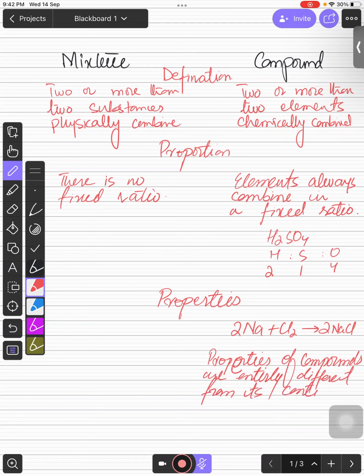ठीक है भाई, तो अगर आप बात करते हैं कंपाउंड्स की, तो कंपाउंड्स की जो फिजिकल प्रॉपर्टीज या केमिकल प्रॉपर्टीज होंगी, they are entirely different from its constituents जिससे वो बन रहा है। और जो आपके पास मिक्सचर है उसकी जो फिजिकल प्रॉपर्टीज हैं वो डिपेंड करेंगी उसके कॉन्स्टिट्यूएंट पे जिसके अंदर वो मौजूद है। फॉर एग्जांपल आपने 5 ग्लास वाटर ले लिया, ठीक, उसके बाद आपने बहुत ज्यादा अमाउंट सैंड के अंदर वो पानी डाल दिया है, ठीक है।